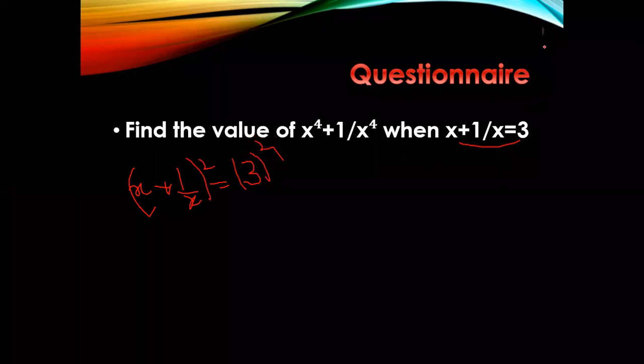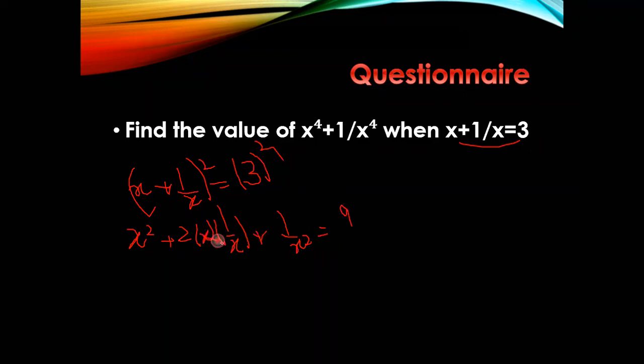Okay, all of you are giving the answer. Let's check. I'm not talking about the formula, beta. What will be the answer of this one? Okay, now this will become x plus 1 upon x square. So simply you will open the formula here. It will become x square plus 2 under bracket x into 1 upon x, then bracket close, then 1 upon x also gets squared, and the square of 3. 3 multiplied by 3, it will become 9.